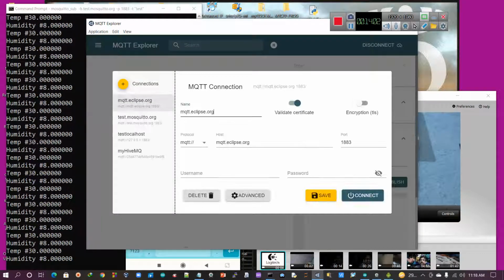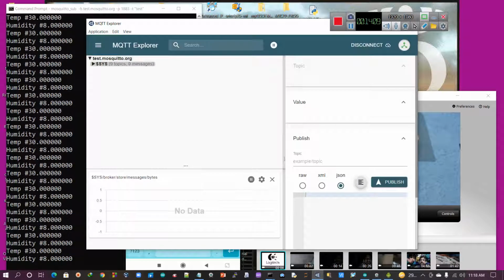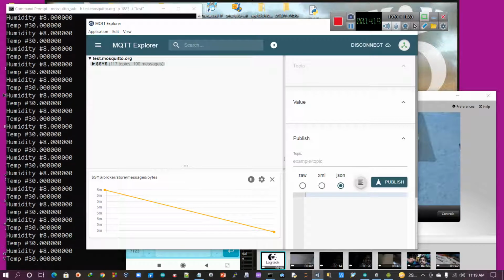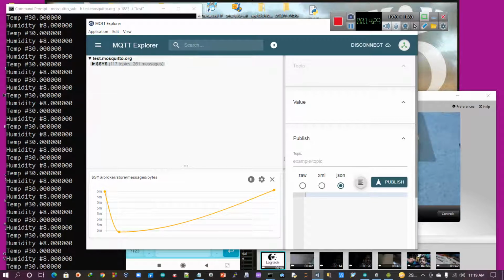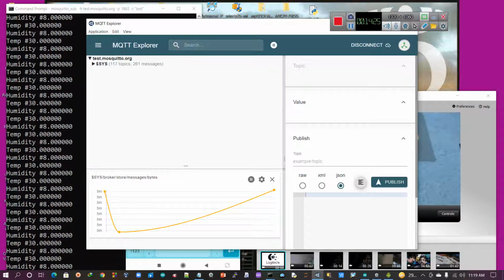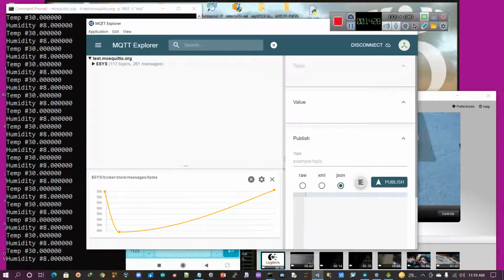Let me verify. Obviously, test.mosquitto.org and connect. Yes, but I have encountered some problems because there are so many topics, since it is working internationally, so I can't pick up that particular topic. Let me check what happens.